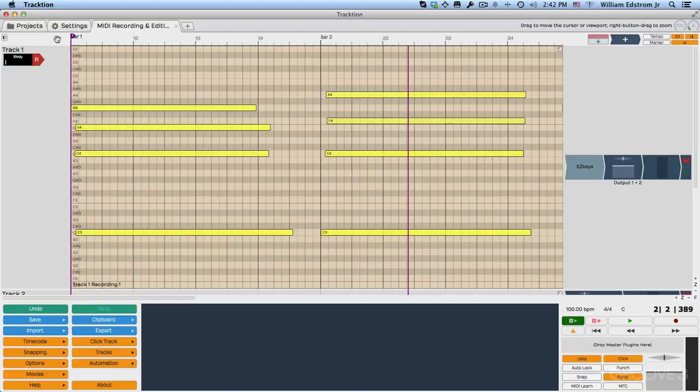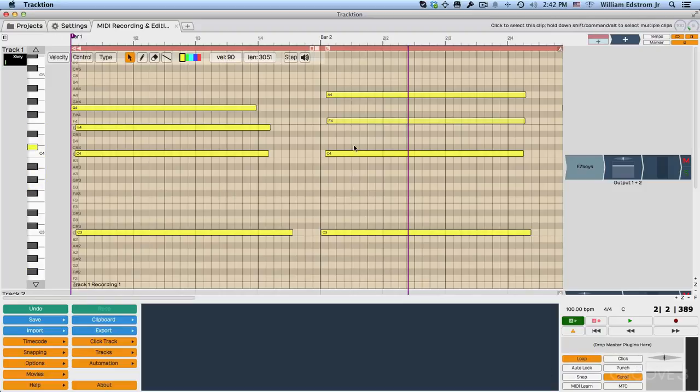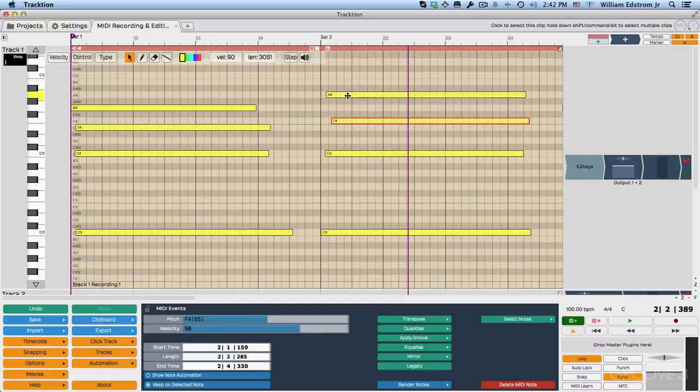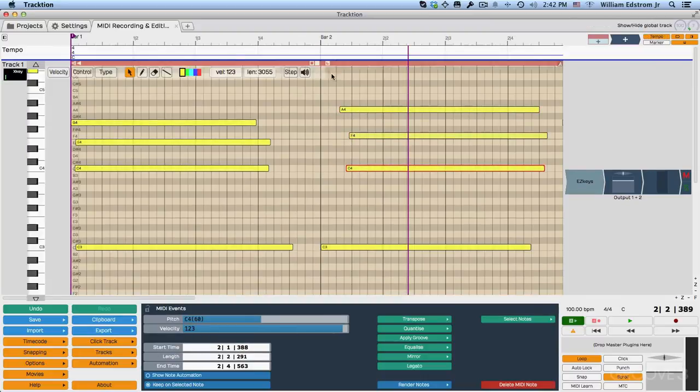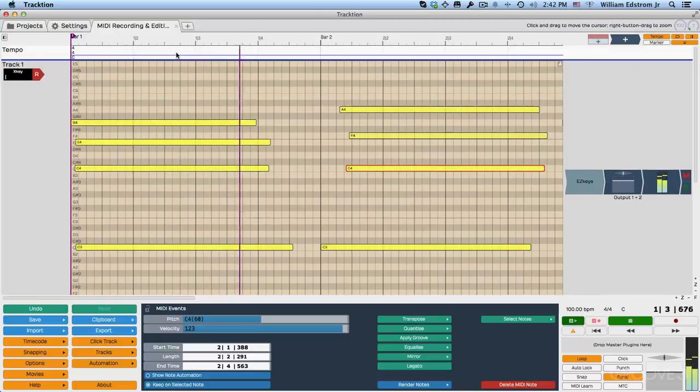Maybe not enough to hear it exactly. I'll also turn the click off here for the next time through. But if you really want to get maybe more of an exaggerated roll into this, but that's kind of the